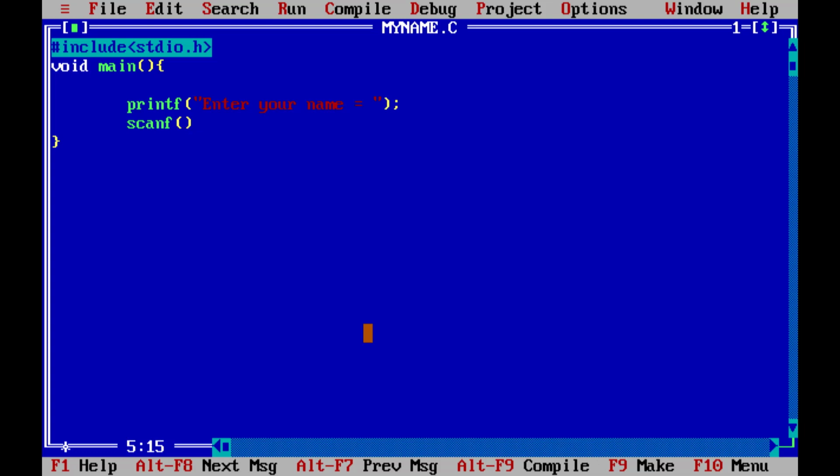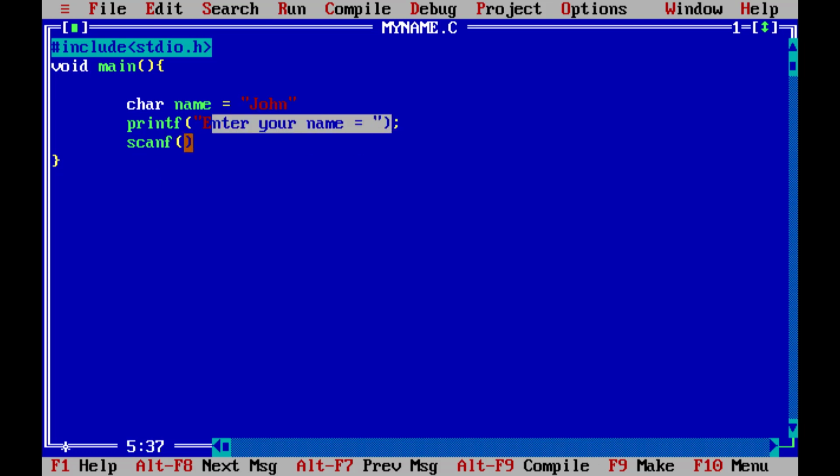For storing our value inside a variable, we have to create a variable first. So we have to declare a variable before the printf function. So char for character values, and name is a variable name for our variable. This time we don't have to assign our name like this, because we are going to get this name from user input, and we are going to store that input inside this variable using this scanf function.